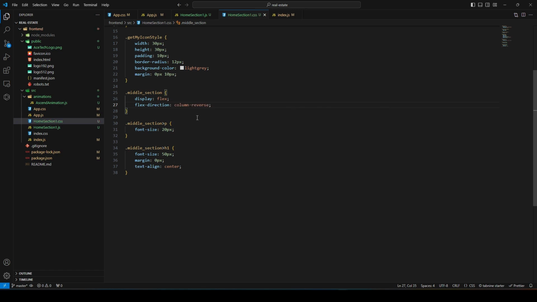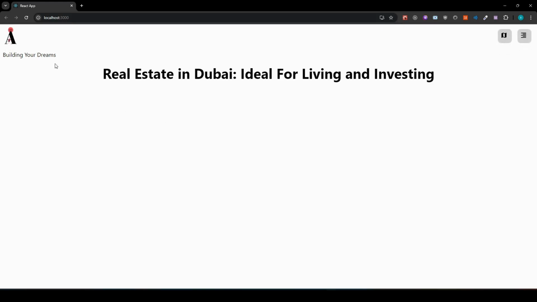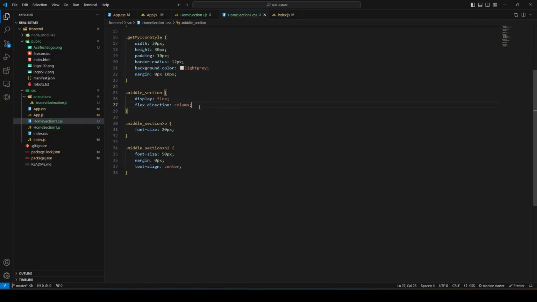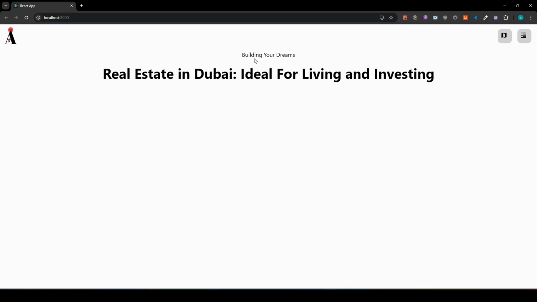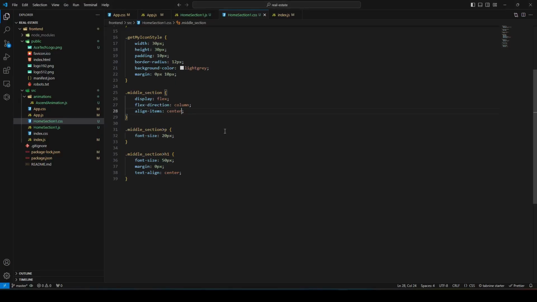So we will just use the column. As soon as we use flex direction column, both of them go in a column. Now we want the items to be aligned in the center. As you can see, both of them are now properly aligned in the center. So the building your dreams and the real estate in Dubai is in the center. I think so. P tag,